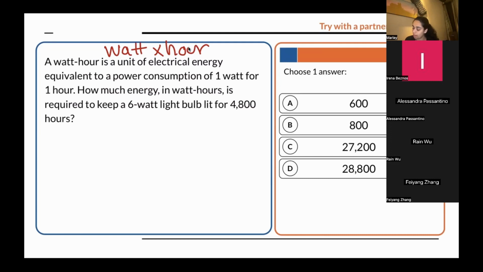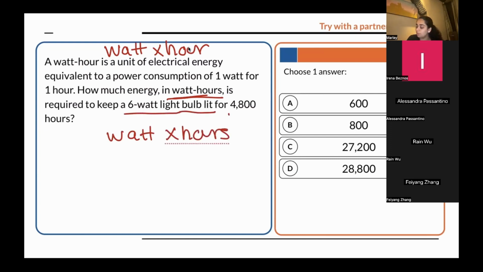So how much energy in watt hours is needed to keep 6-watt light bulbs on for 4,800 hours? We would just do 6 times 4,800, which gives us